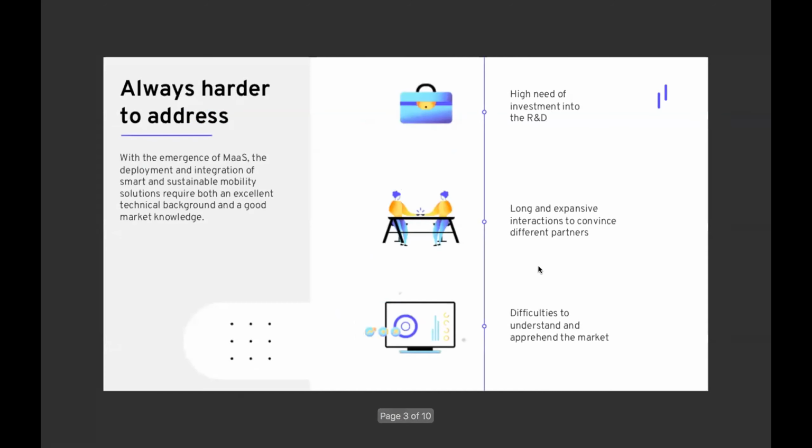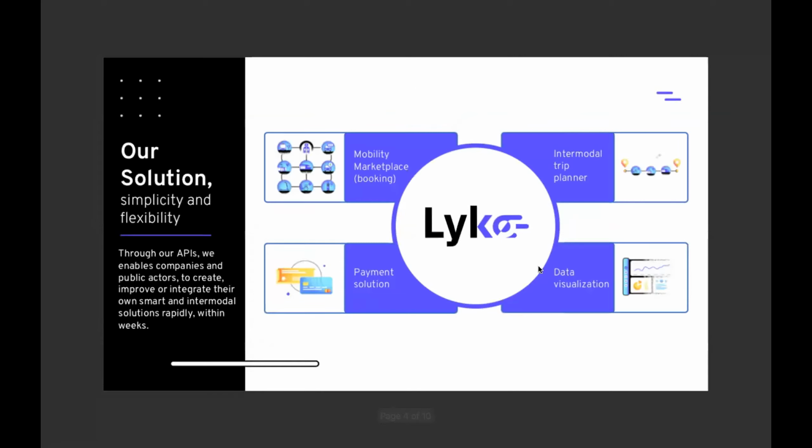With the presence of different mobility actors and the high investment required in R&D, the long and expensive discussions with these stakeholders often make the development and deployment of MaaS platforms quite complex and time consuming. So we often see that the time required for these efforts is way too much, whereas the return on investment is much lesser. So to address these concerns, I present you LICO, a mobility tech company founded in 2018